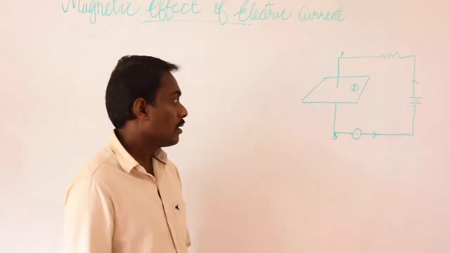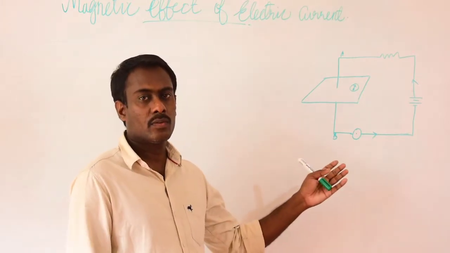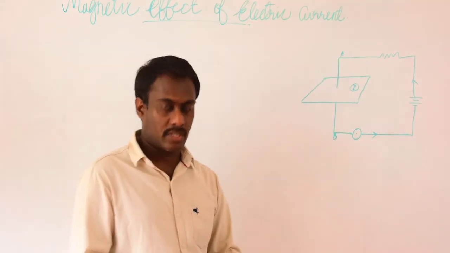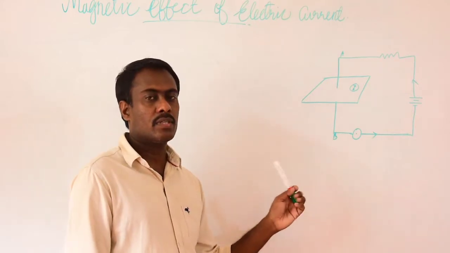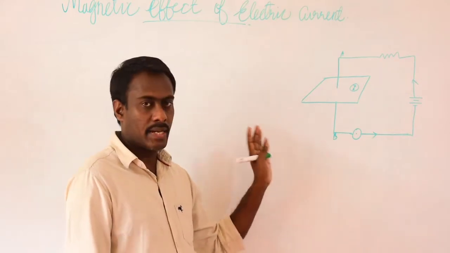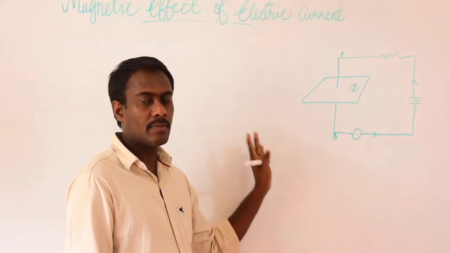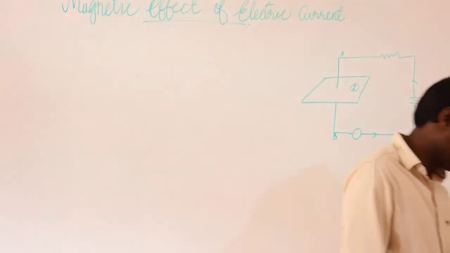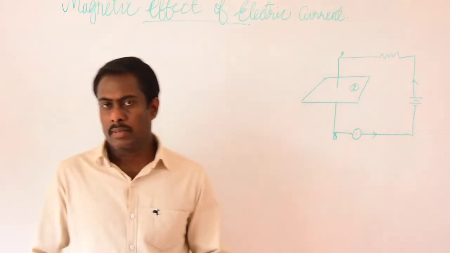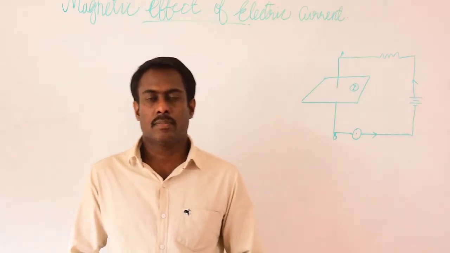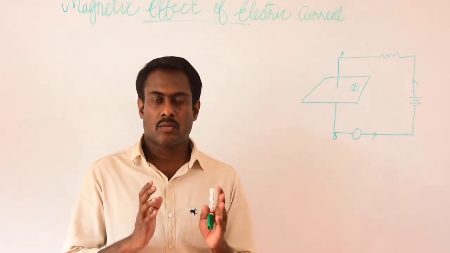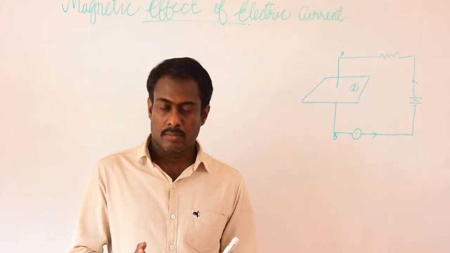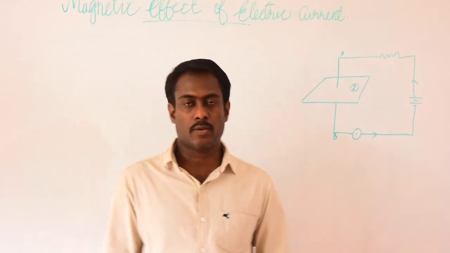It is possible to produce a magnetic field when an electric current passes through a conductor. Can it be reversed? In this chapter, we are going to discuss the magnetic effect of the electric current, and at the same time the reverse case. You have already learned in lower classes what a magnet is, what its properties are, how a magnetic field is produced, and how magnetic field lines are produced.